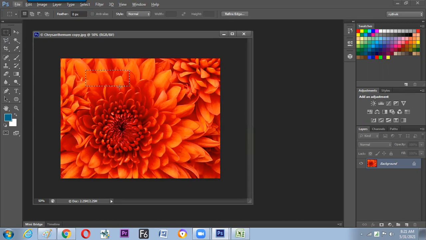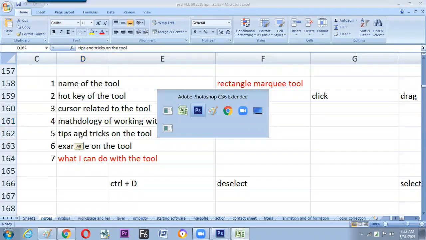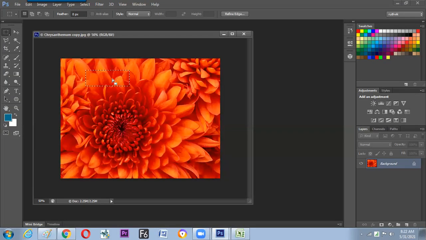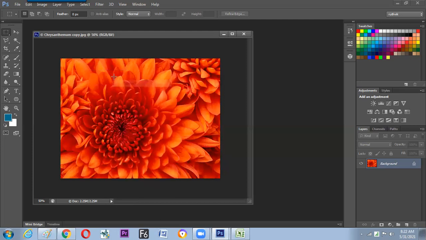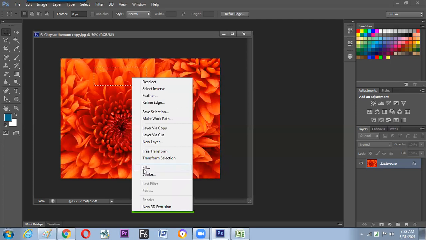So once the method is done, then what is to be done? Now the next topic is tips and tricks on the tool, right? Yes, sir. Now on the selection, it can do a lot of events which are there in the right click. The first job is deselect, so the selection will go. Now if the selection is to be turned off, then why make the selection? That's also a question. Here you can find some more options: fill and stroke. Fill, as the name suggests, will fill a particular color inside the selection, and stroke will make a bounding box. Hope we got to know three events can be done with the selection: either deselect, or fill, or stroke.